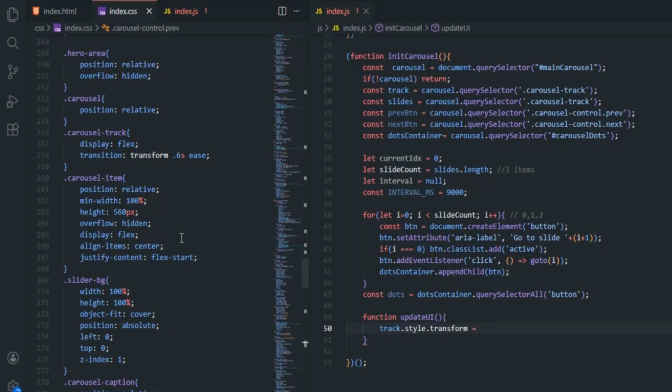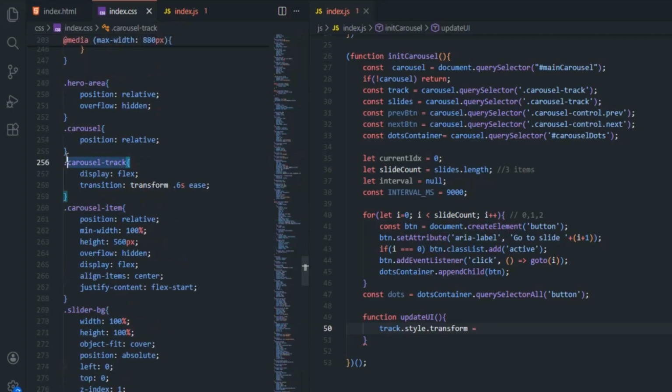Okay, so we have the carousel track, and this carousel track already has a transform, but we've not created the transform style yet, okay? For you to perform an animation in a property called transform, you need to create that transform first. The transform we want to create is that it should have an animated style when it's trying to move to the next slide. So the code is,